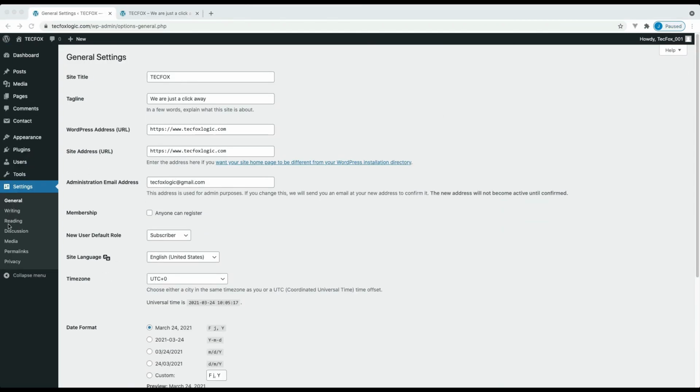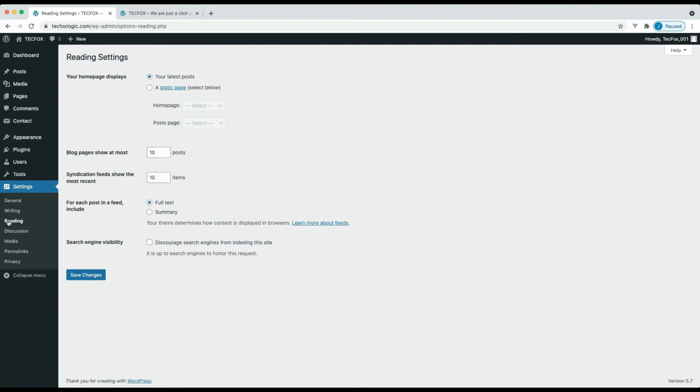Click on the subcategory, reading. Your homepage displays: there are two options, your latest posts and a static page. If you select your latest posts, they will appear on the home page.